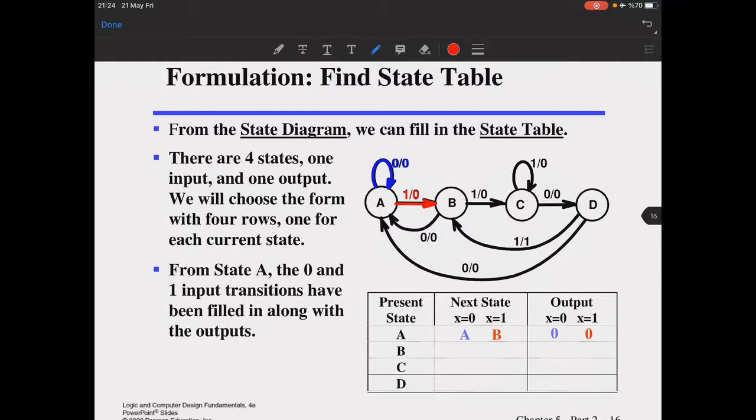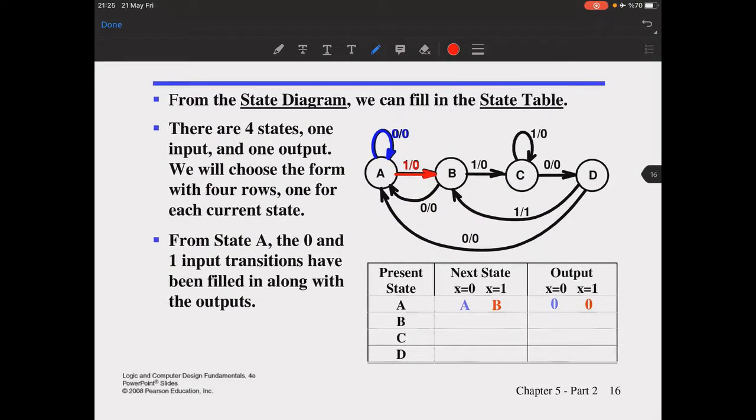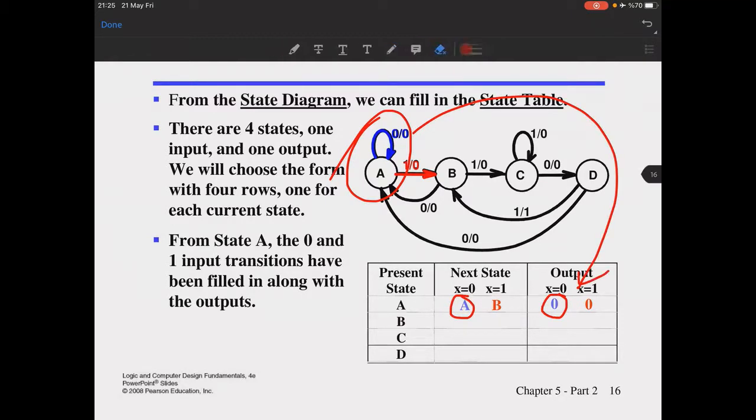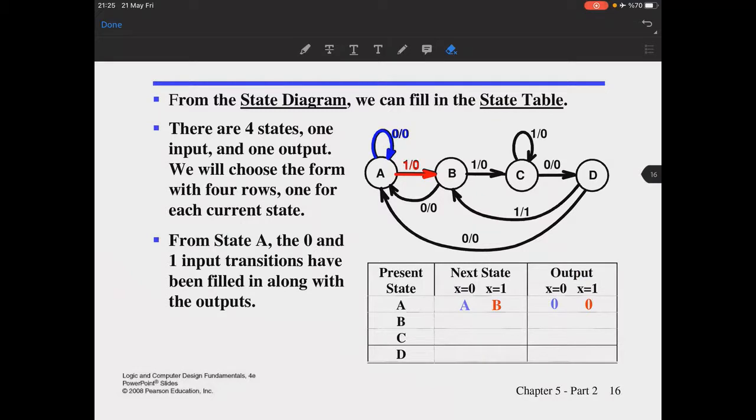Okay, when you have the state diagram, moving to the state table is rather a mechanical process. What you have here is you just put the corresponding next states right here in this column. That's what we do. For example, if you're at A and you receive 0, you go to A, giving output 0. That's already in the state diagram, right? You just transfer this information into your state table. This is for our Mealy